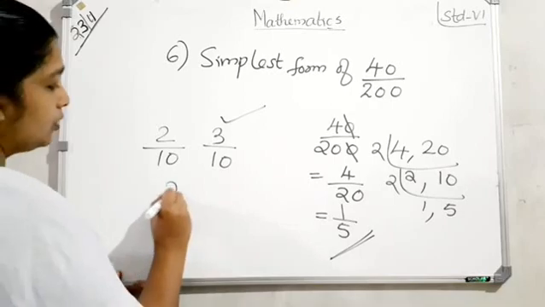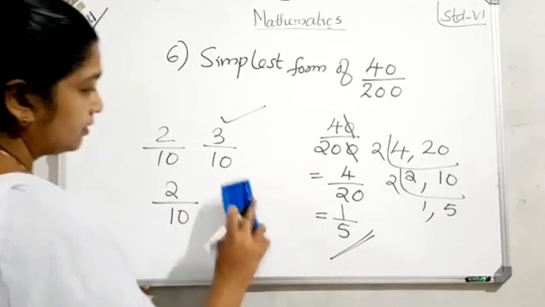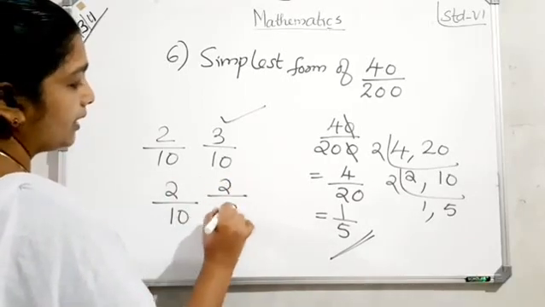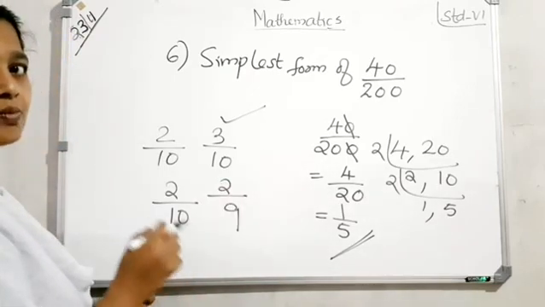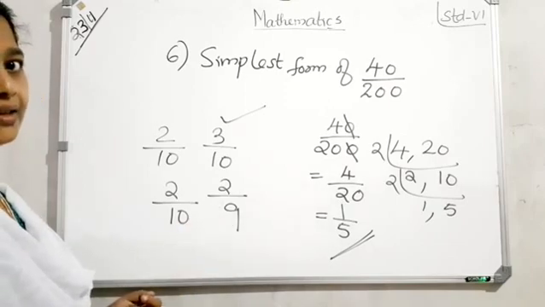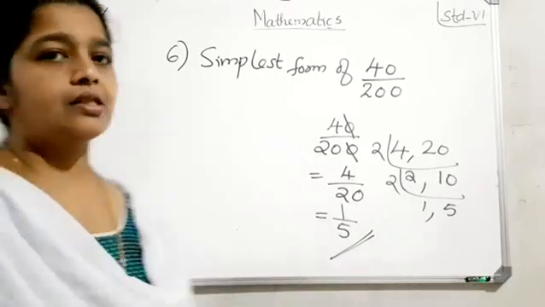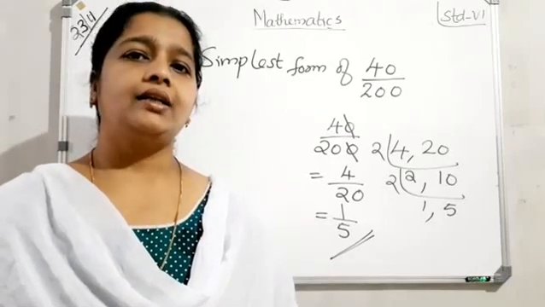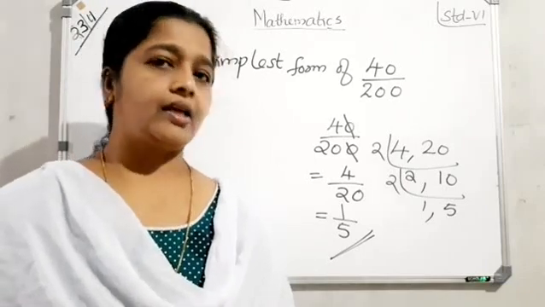But 2 by 10 and, listen, 2 by 9. Here for unlike fractions with the same numerator, the one with the smallest denominator is the greatest fraction. So 2 by 9 is greater. Then ascending order means smallest to greatest, and descending order means greatest to smallest. Then next,